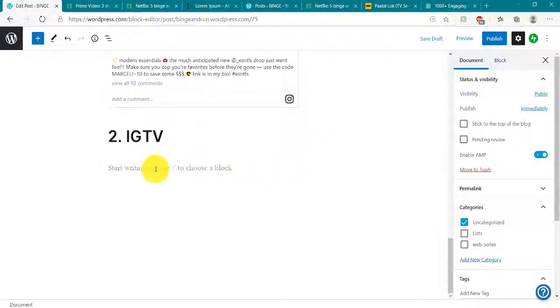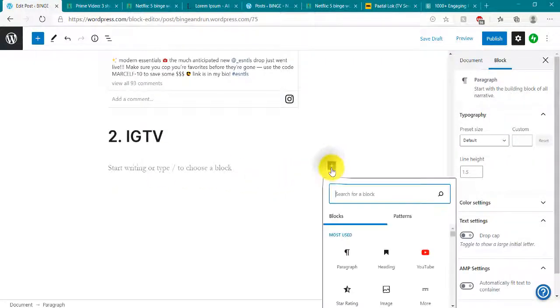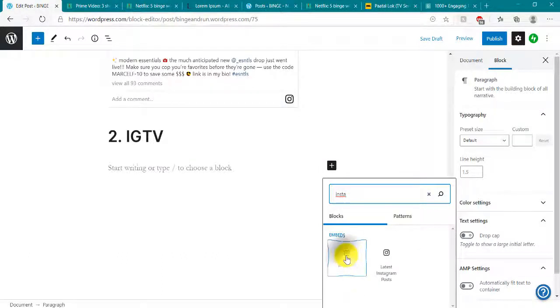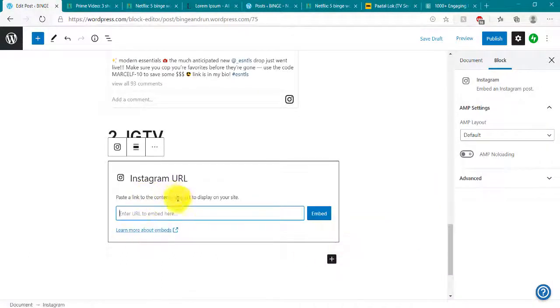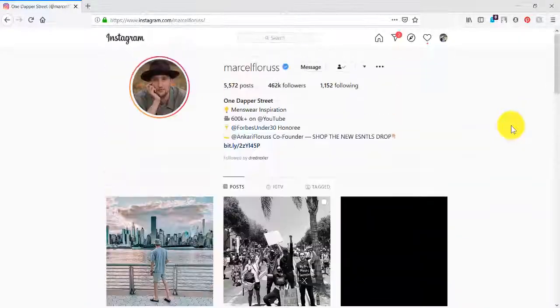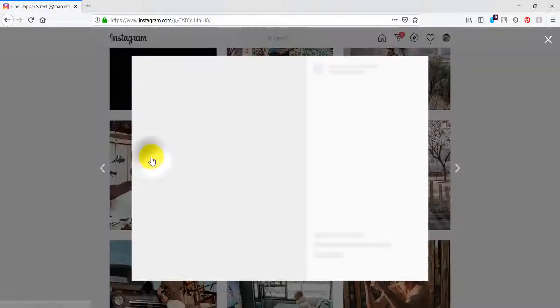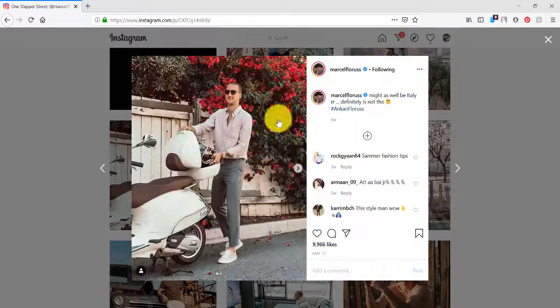So how can you do that? Okay, it's very easy. Like we embedded a YouTube video, also click on the plus section here, search for Instagram. Okay, click on it, and you want to embed the Instagram URL here. So what you want to do is go to Instagram per se. You want to search for any profile here. Suppose say I like this picture, and here you will have these 3 dots.